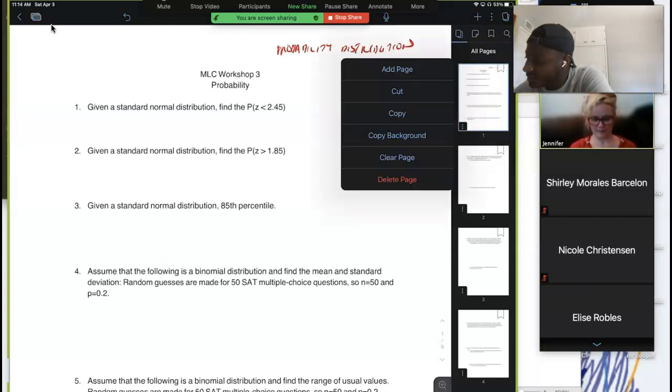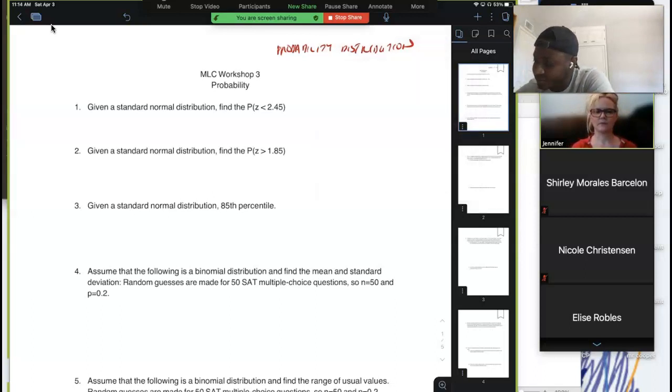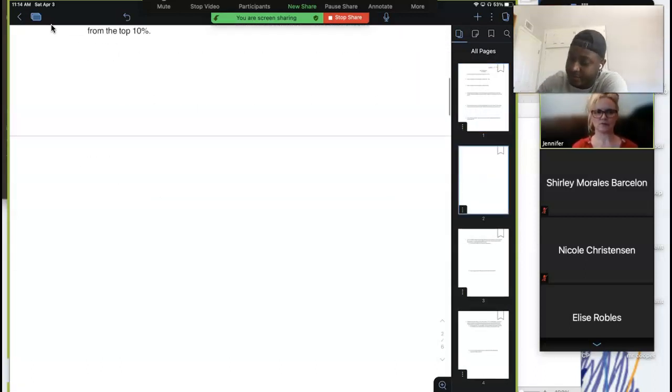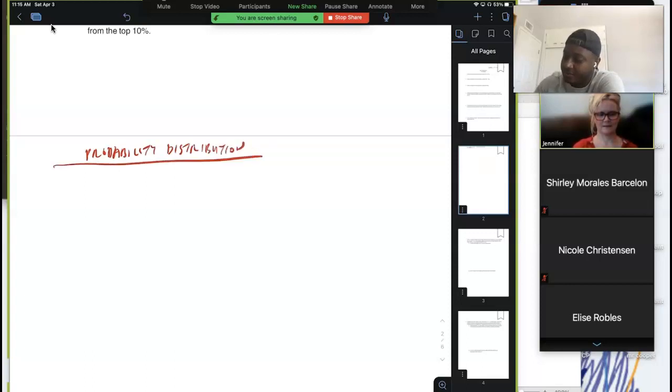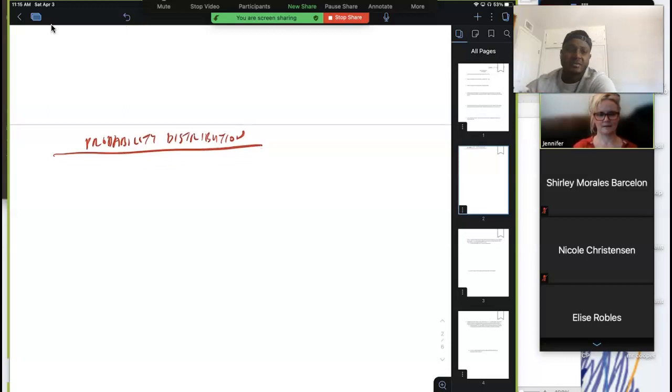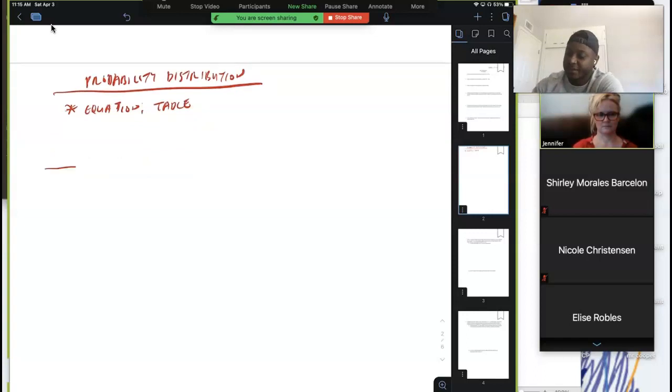Let me add a page. So here's the idea, right? For a probability distribution, it could be an equation or a table that's used to predict the probability of a certain outcome, right? So let's say that we had this table, and